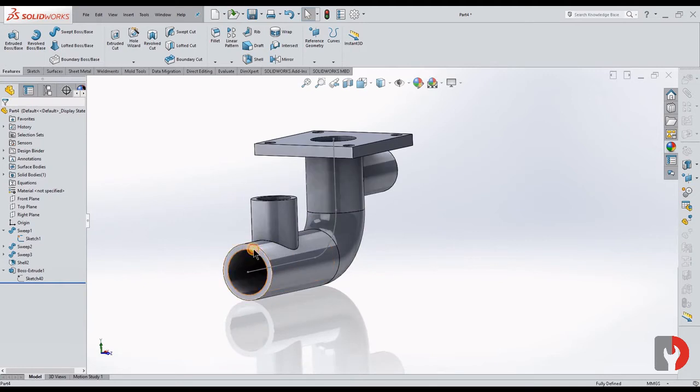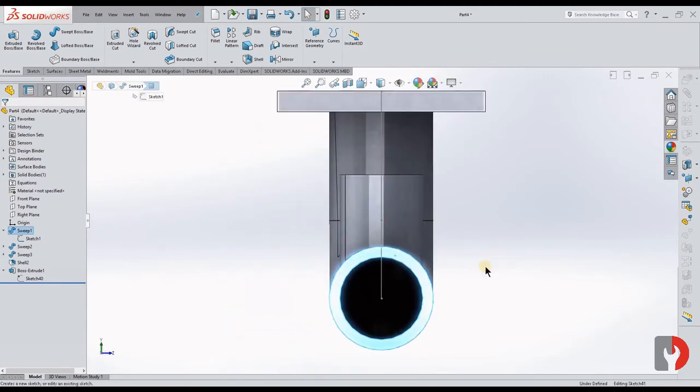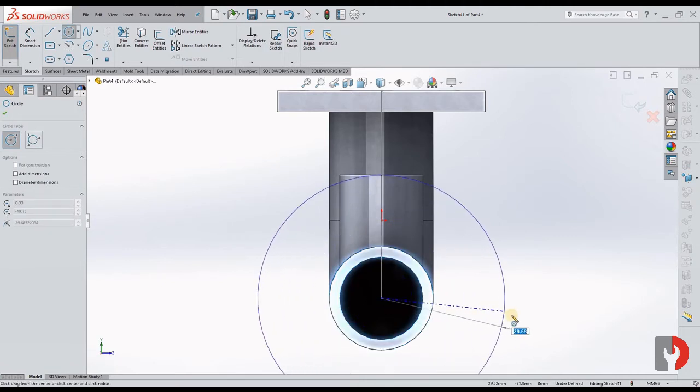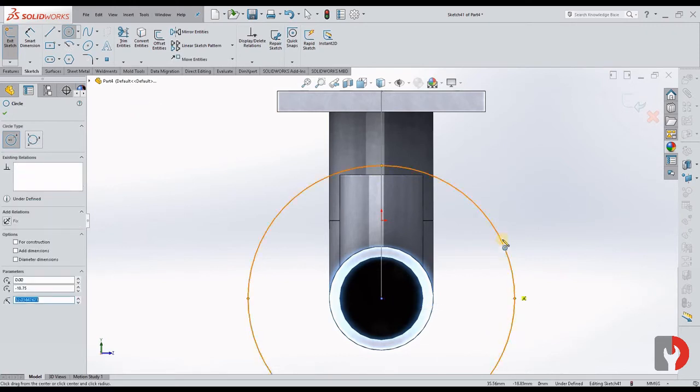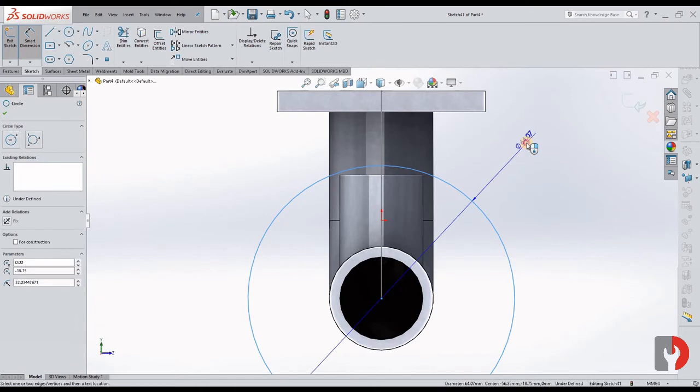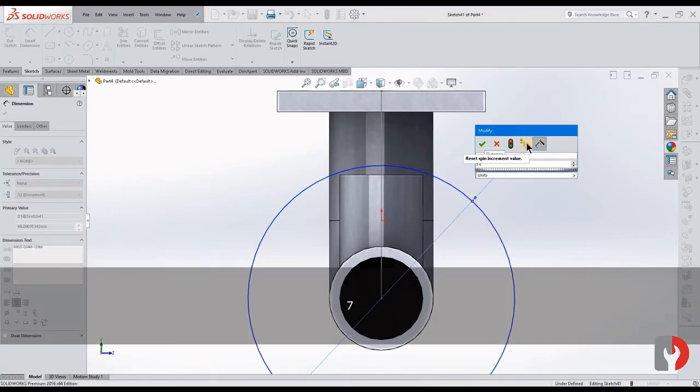Okay, now let us choose this face, sketch, circle, keep the point over here, dimension it 57.5.